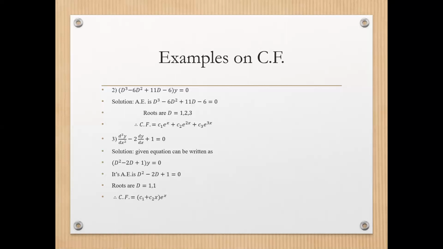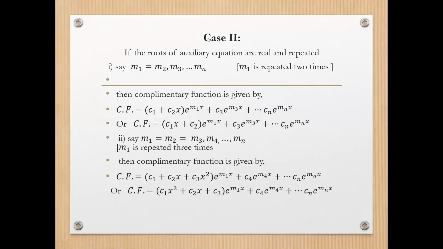Okay, so if a root is repeated 2 times, that time we have to use case number 2. See case number 2. Okay, this is the case number 2. If the roots of the auxiliary equation are real and repeated, there is no imaginary part in these roots, and the first two roots are repeated. That's why we have written here m1 is equal to m2. If a root is repeated 2 times, that time we have to write complementary function as c1 plus c2x into e